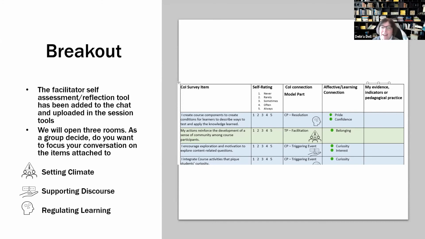Exactly. Yeah. And we have to be honest that not all instructors, I mean, some instructors are very, very happy staying with the Sage on the Stage transmission-based model because that's what's comfortable to them. So even when students are sometimes ready for community of inquiry, not all instructors are, and we have to be very, very honest about that.